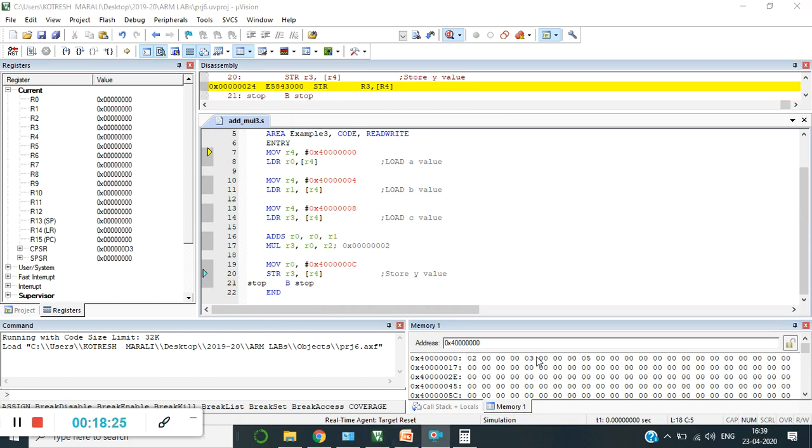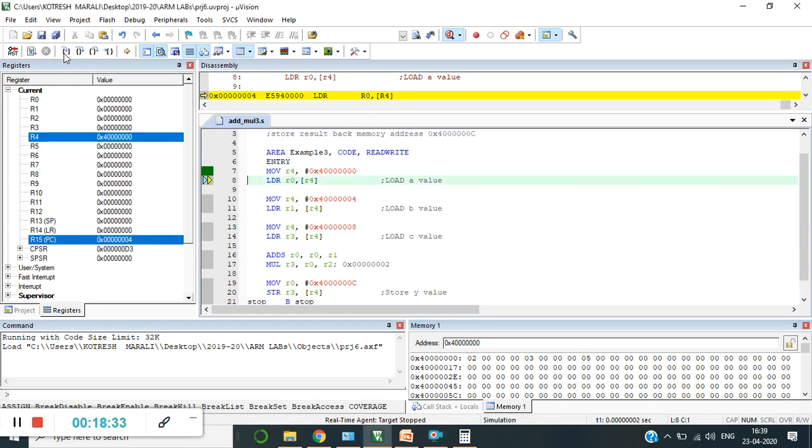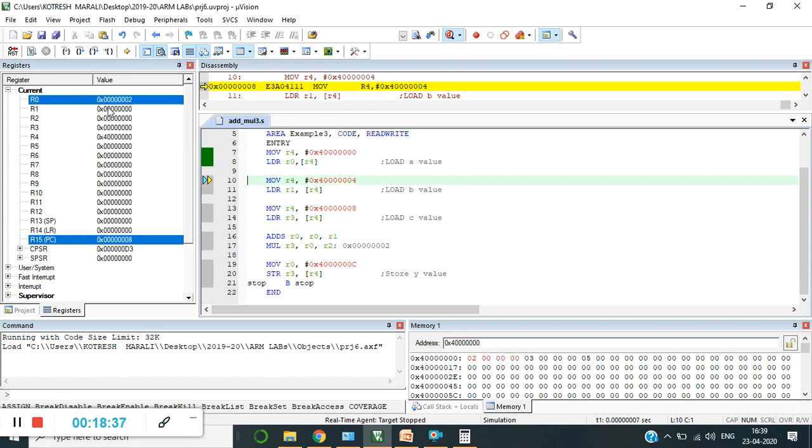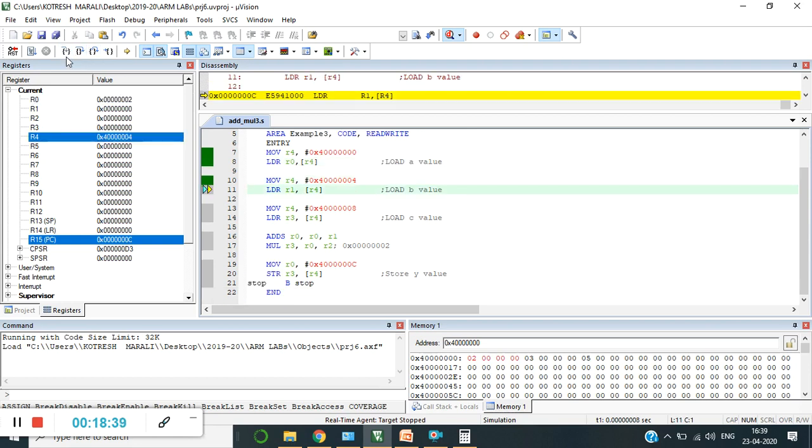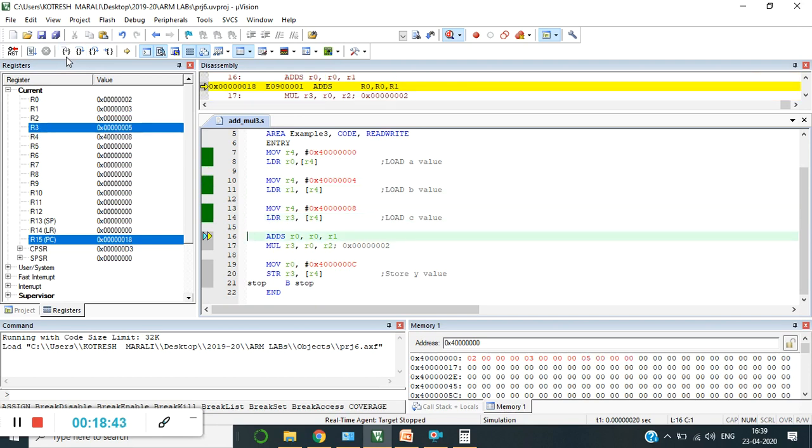Now you can observe that 2, 3, 5 are present in my respective addresses. Now click on the execution. 400 is present in my R4. The content of this should be moved to R0, and now it is moved, and now the third memory address will take it to my R3.